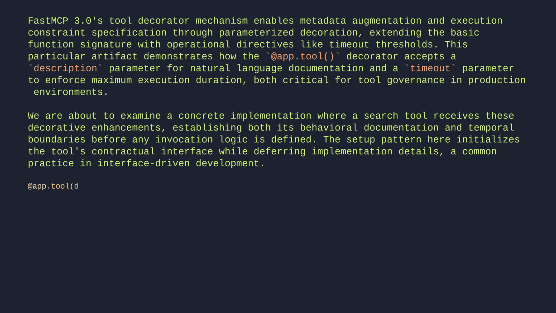@app.tool(description="Search contacts by name or email", timeout=10.0) def search(query: str) -> list[dict]: